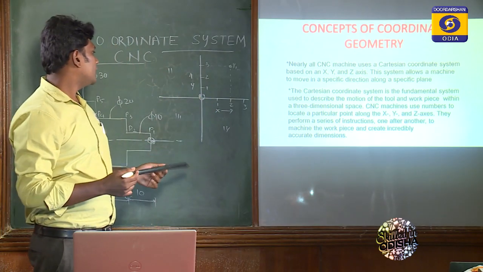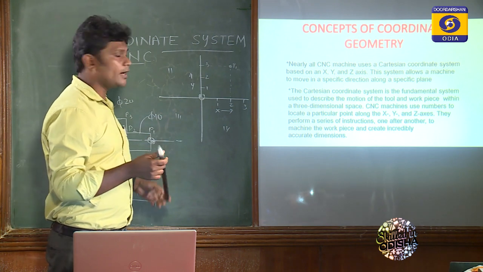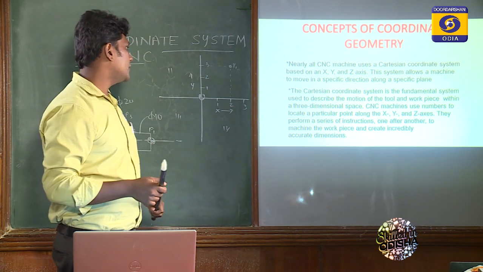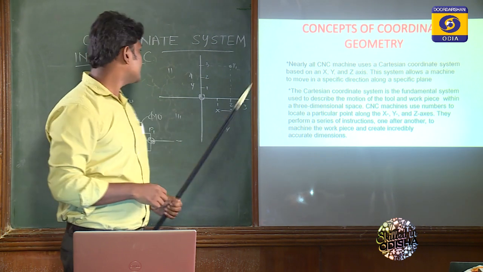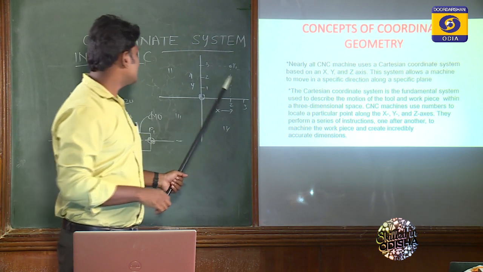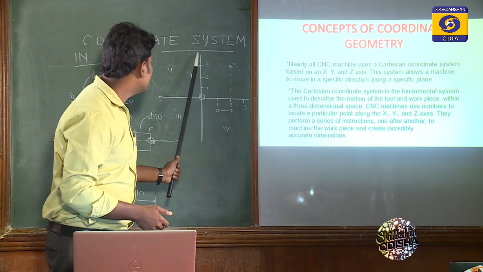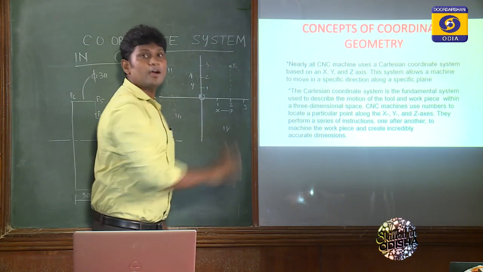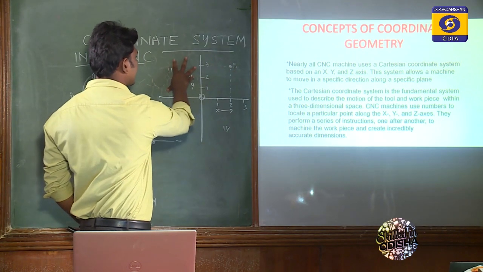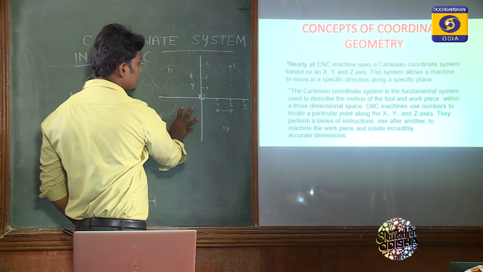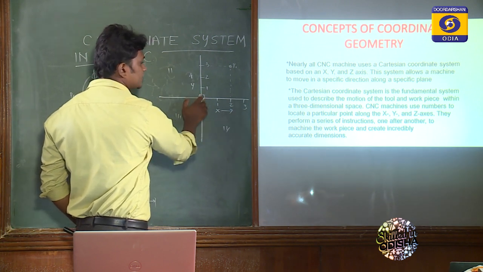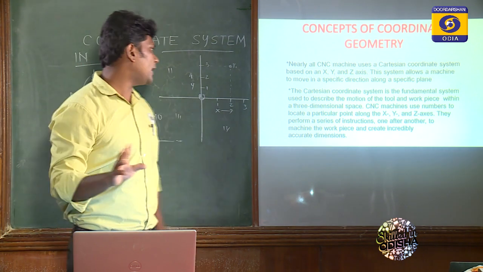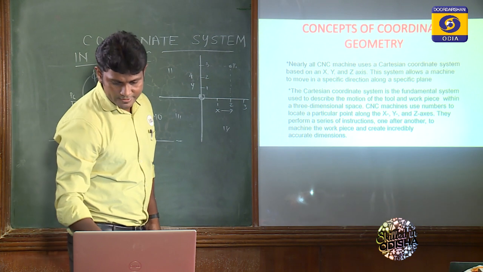Now this axis convention is very important for creating the part program in the CNC machine. Now, the Cartesian coordinate system comprises four quadrants. This space is called the first quadrant, this one the second quadrant, this part the third quadrant, and this one the fourth quadrant. The center part is called the origin, and the origin is always recorded as the reference point. That is the 0 value that we have already discussed in high school.